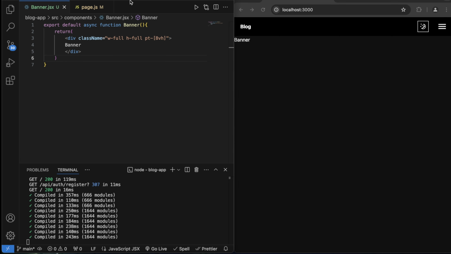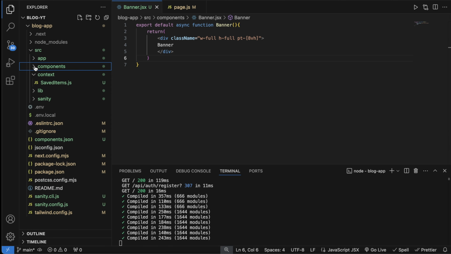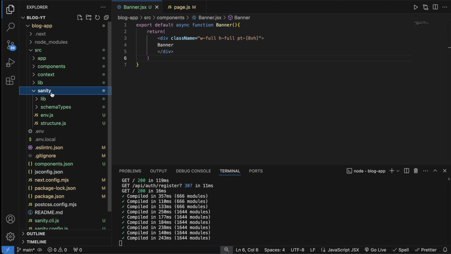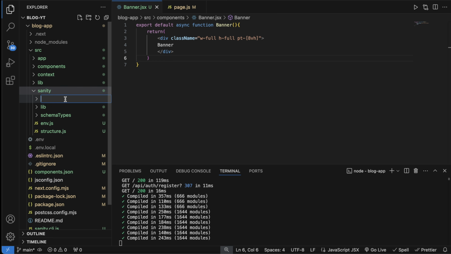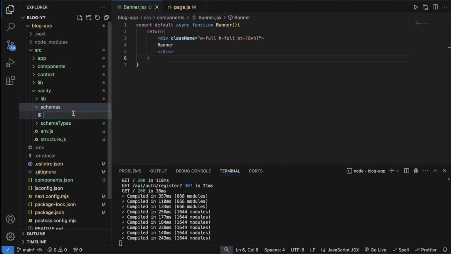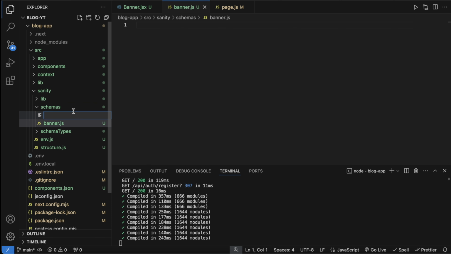So in order to do that, let's open this up, and then let's come down here. So let's close all this up. Let's go into Sanity folder here. So we're going to go into the Sanity folder, and as you can see, we're going to see schema types and everything. We don't need schema types at this point, so we're just going to go in and create a new folder, and this is going to be called schemas. So for schemas, we're going to say new file, and we're going to call this banner.js. We can also go ahead and create a new file now and call it post.js. So these are going to be for our